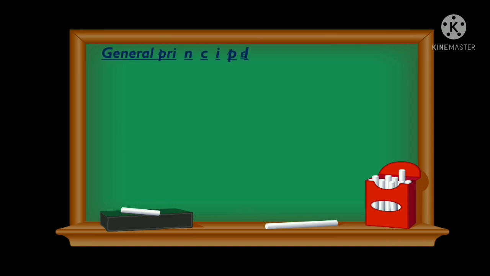Now let's see the general principle behind solid state reactions. In solid state reactions, there are two factors which generally affect these reactions. One is the thermodynamic factor, and the other is the kinetic factor. The thermodynamic factor means that when the free energy of the system or of the solid changes, what happens to the rate of the reaction; that we are going to study in the thermodynamic factor. Then the kinetic factor determines the rate at which the reaction occurs.